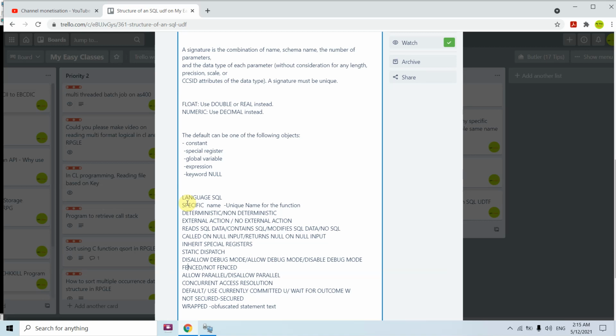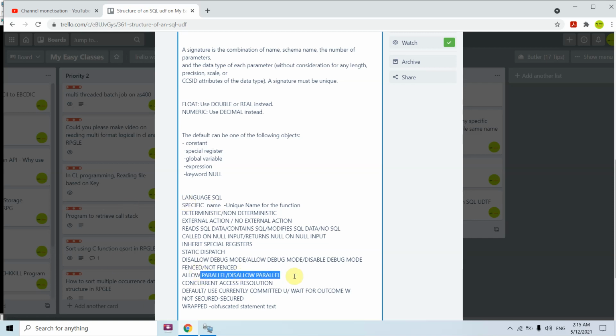But if you have used fenced, your performance will decrease, because you are executing your SQL in a separate thread and your cursor will get closed, and every time you have to open the cursor again and again. That makes a performance issue for us.